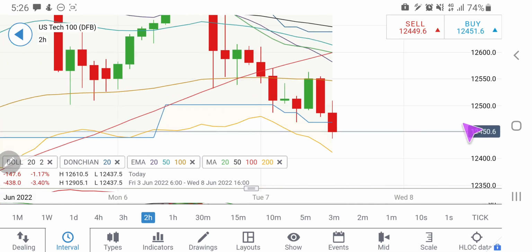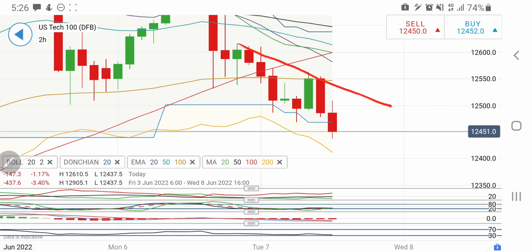See, first, the resistance at 12600 is very strong. The only long entry I will recommend is beyond 12600, 12620, and see the lower lows it is trying to connect. It is trying to trade in this channel. Any breakout below this zone at